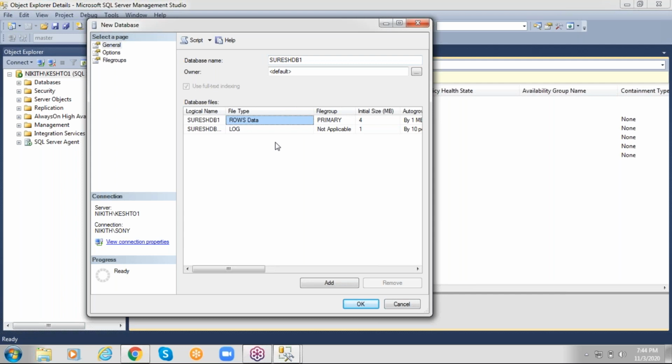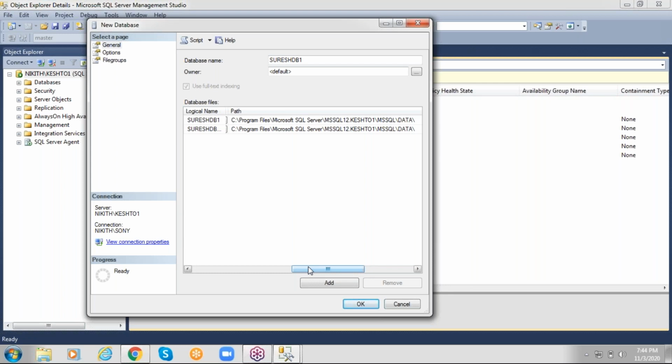See that I am getting data file and log file. Some people ask, sir, you are doing the same in real time? There is no meaning for that question. The only thing we change in real time is the path where the data file and log file are going to be stored, now in C drive.